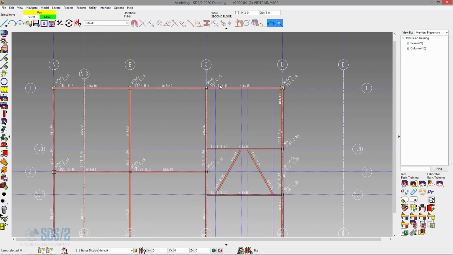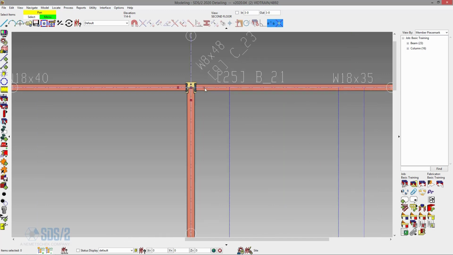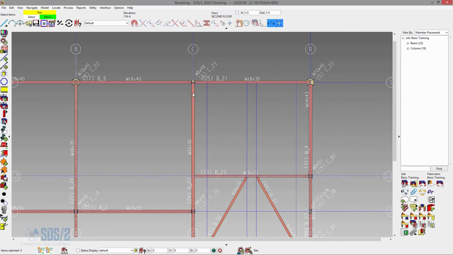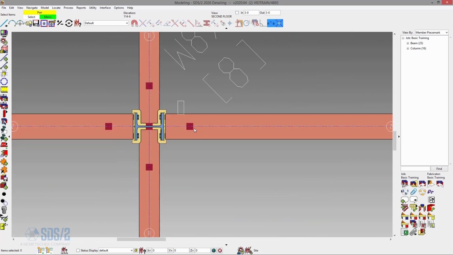Lastly here, if I put a member in the wrong spot, but I don't want to copy it, I want to move it, there is a command called move/stretch which allows us to move those members. So move/stretch can do two things at once. It can move an entire member or just stretch an end of the member if I just have this member end selected. So to demo that, I'm going to come over here to this intersection